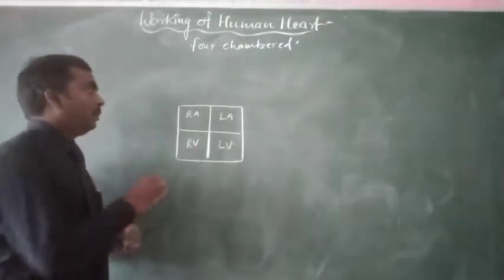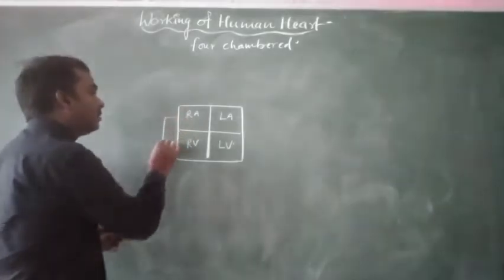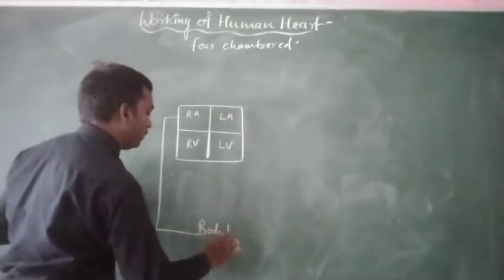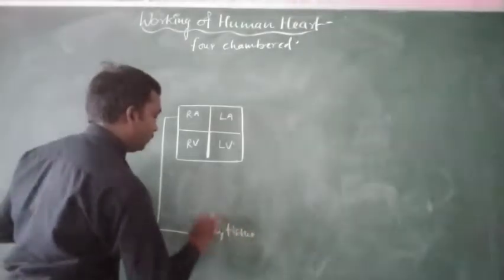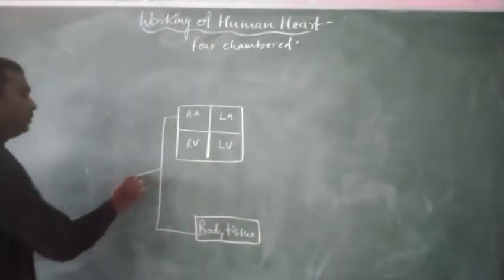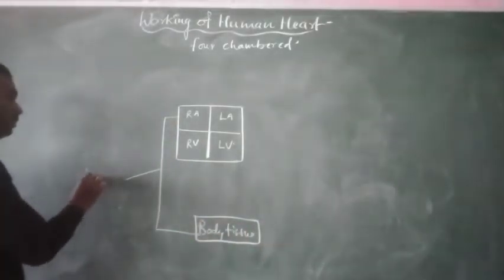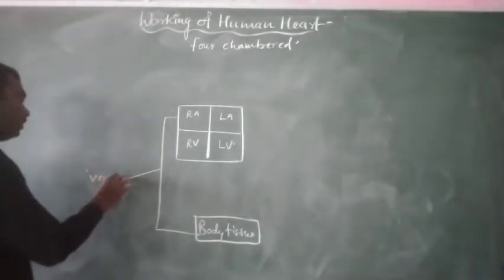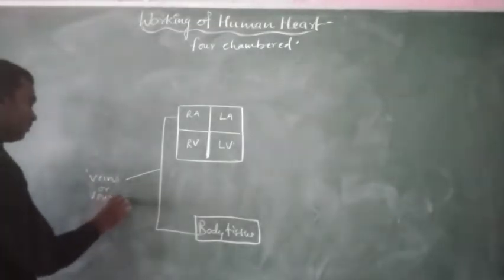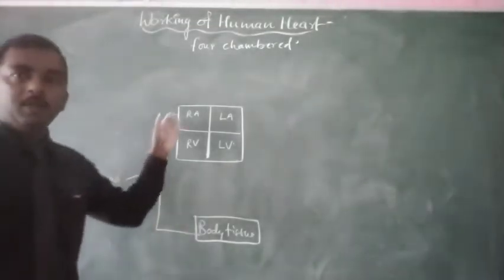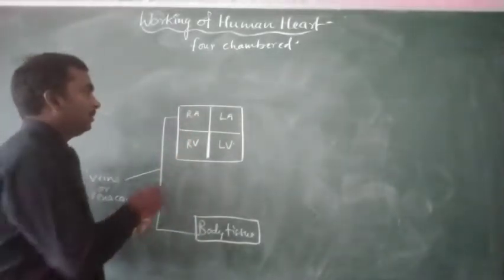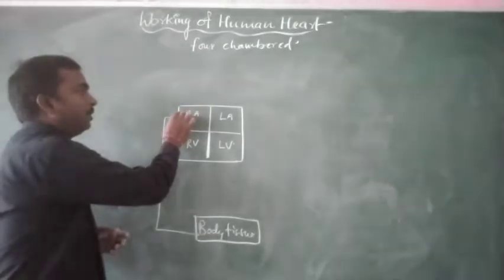When the blood comes from all parts of the body, this is the body tissue. From the body tissue, the blood is collected with the help of veins or vena cava. So vena cava collects blood into the right atrium or right auricle, and here the blood is stored and received,